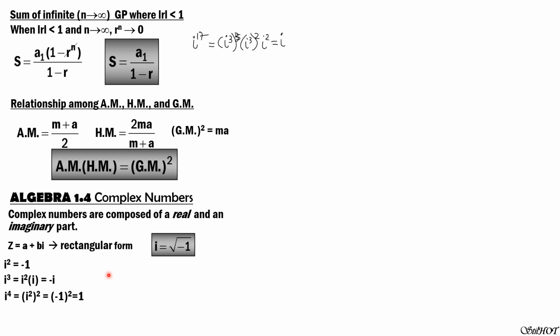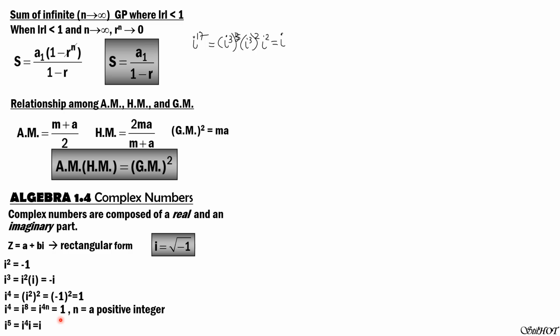So that is i to the fourth, or if the exponent of the imaginary number i is divisible by 4, it is equal to 1. So that is i to the fourth equals i to the 8th equals i to the 4n in general equals 1, where n is a positive integer. i to the 5 therefore is i to the fourth times i, so it goes back to i, because i to the fourth is 1, and times i is i.